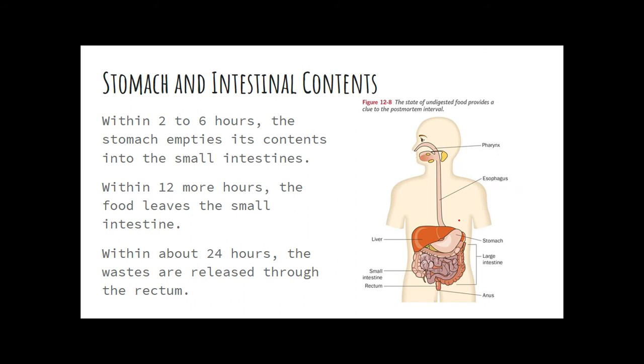what their last meal was. And also, depending on if it's in the stomach, the small, or the large intestines, you can figure out how long ago they ate that meal before they died. So it can allow you to figure out that time frame a little bit more.